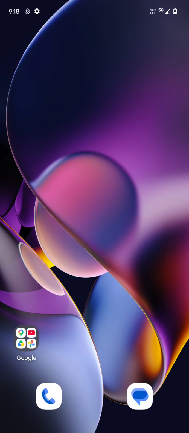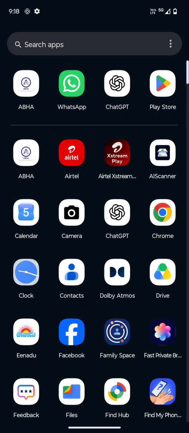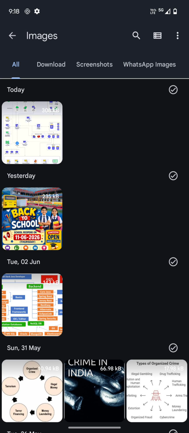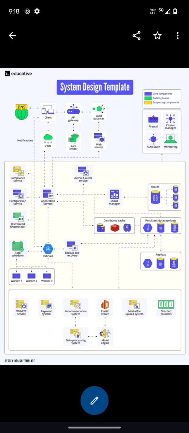Okay, I already stored some system design. Let me download it. Okay, this one. I want to explain this template. You can see it is almost explaining each and every component here. So we want to start with